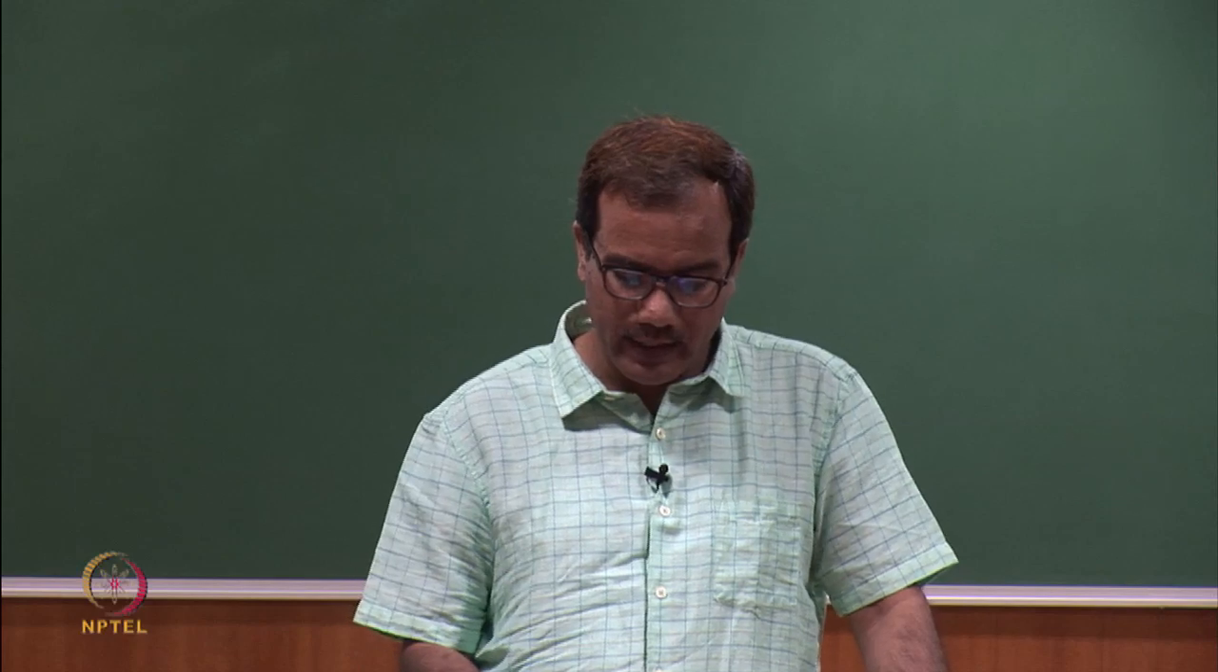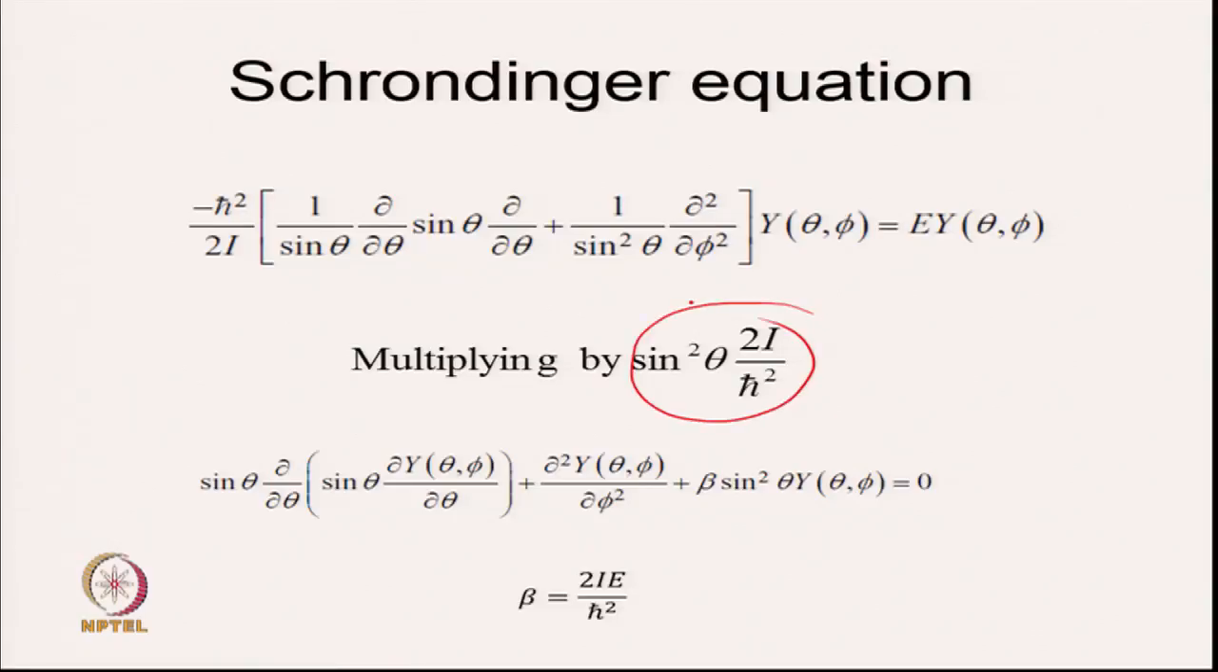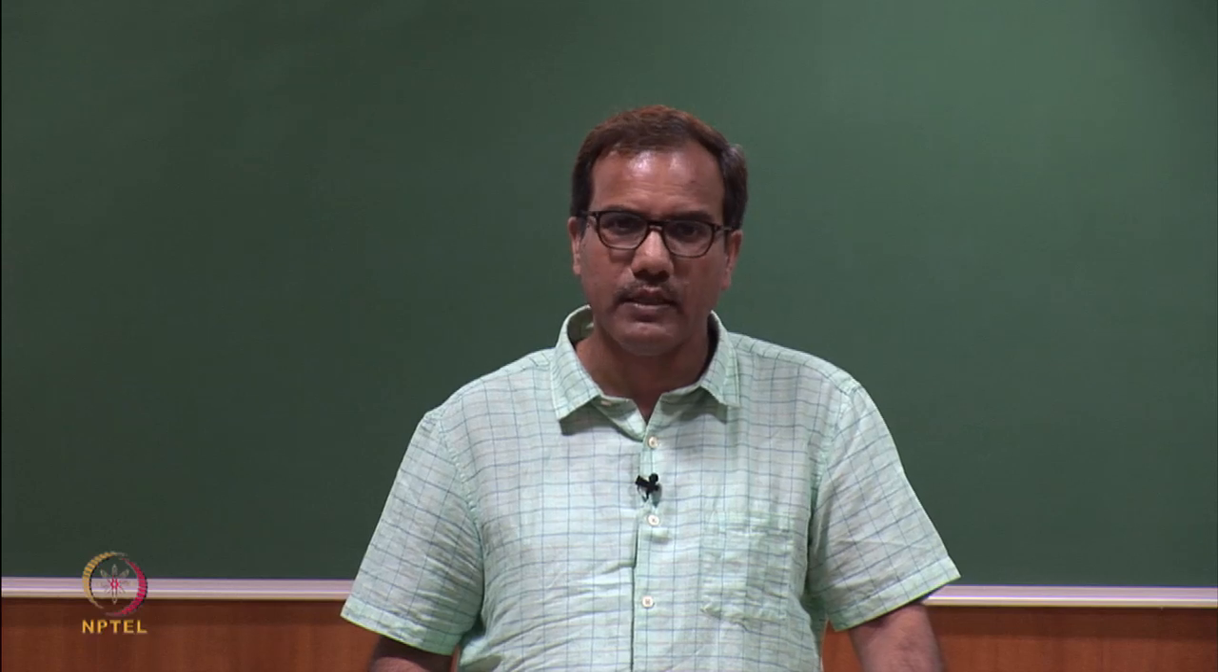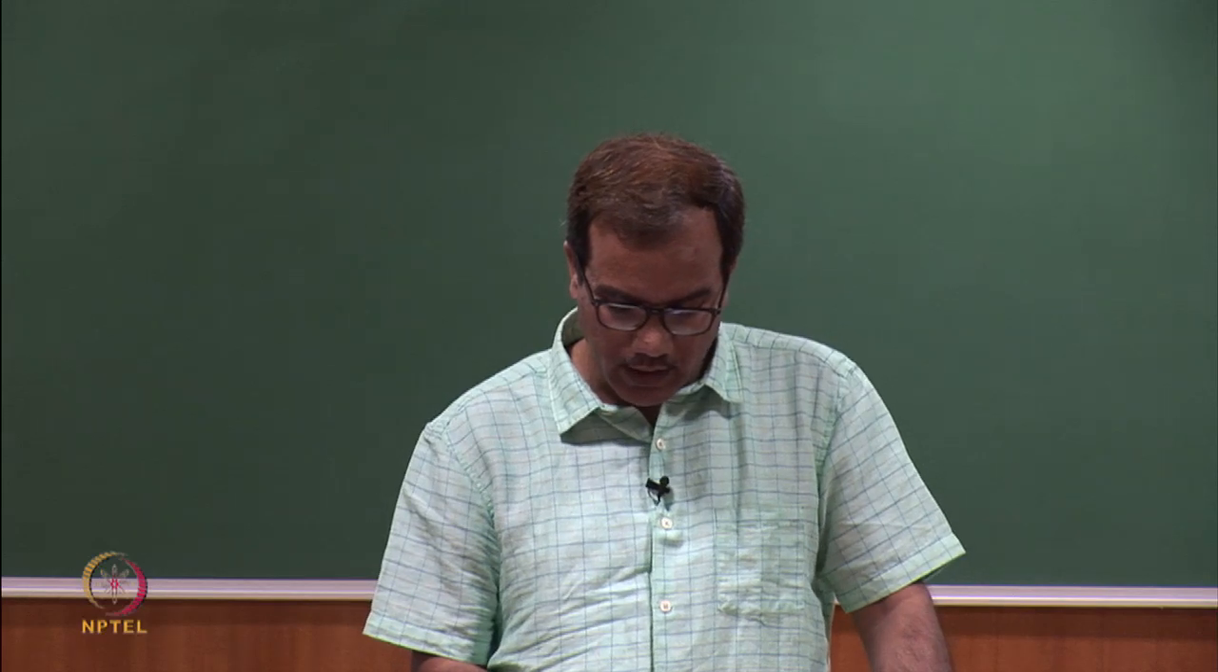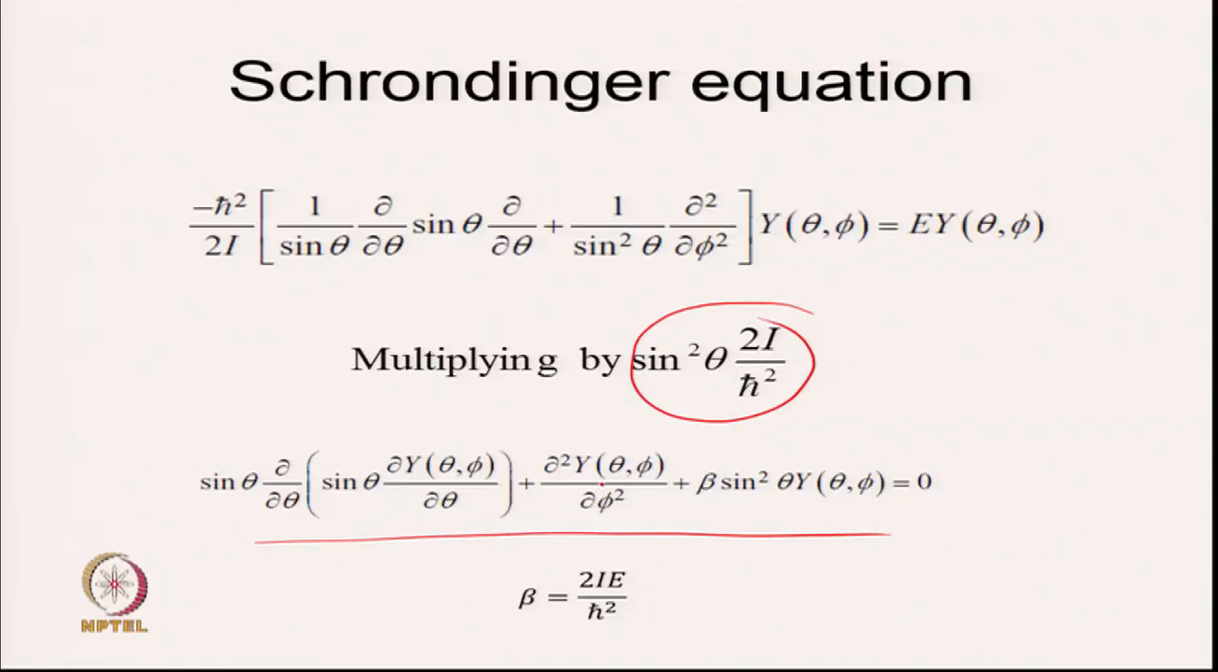So, first thing we did is just multiply by sin square theta 2I by h bar square, and what we get is all this term. And here we assume beta is equal to 2 I E by h bar square. So, simple thing is we are trying to express this in a well known differential equation whose solution is known. Okay. So, sin theta del by del theta of sin theta dY by d theta, plus del 2 Y by del phi square, plus beta sin square theta Y(theta, phi) is